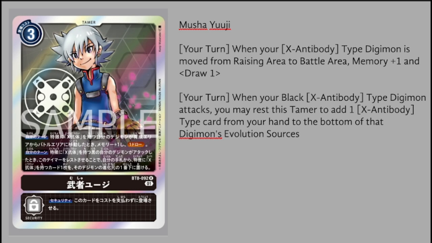So we saw this ability on the Tai and the Mat all the way back in BT06, and those were already very good tamer cards to be using for those respective colors in those respective decks. So I think because of that, Yuji is also looking to be a pretty good tamer to be using, and